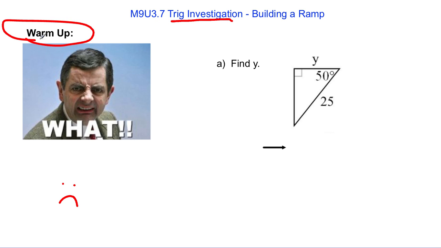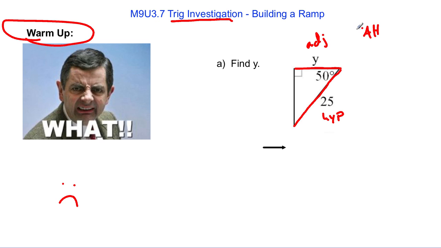So just as a little warm-up, why don't you follow me through with this? We're trying to find this side Y. We know this side, and we know this angle. So I've got an angle with two sides. This side is the longest, so this is the hypotenuse. This is the side that's next to the angle. It's not across, it's not opposite, it's next to, so this is called the adjacent side. And so if we're talking about the A and the H,